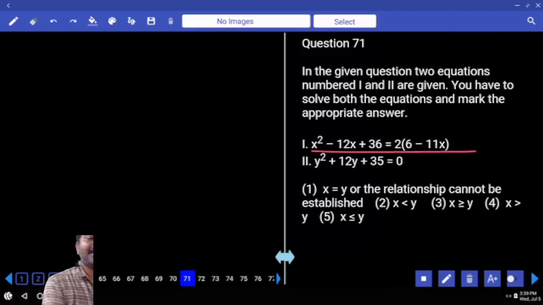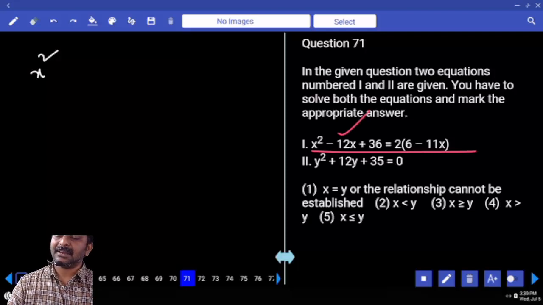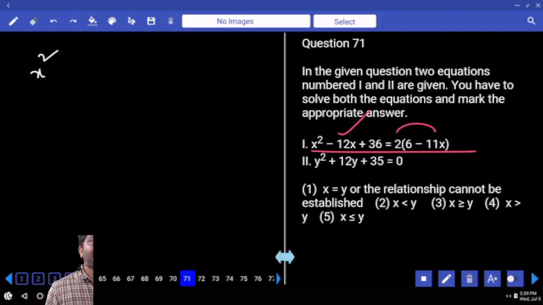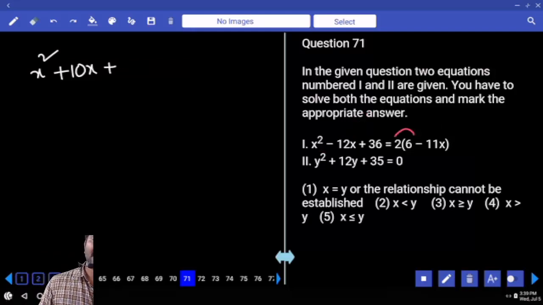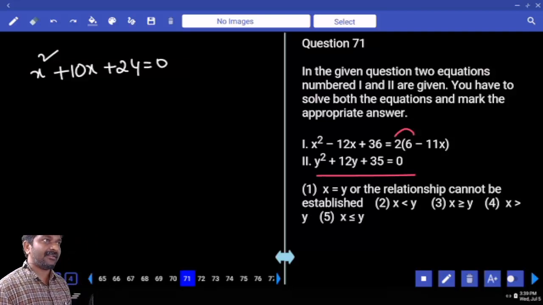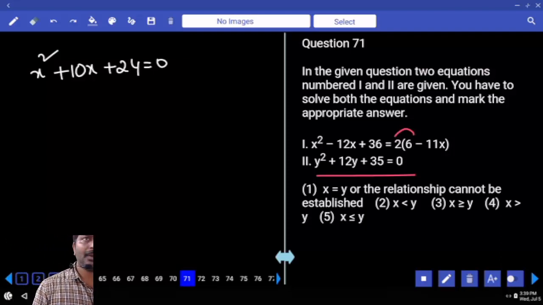Left hand side and right hand side, there is only one x square, correct? Minus 12x. Right hand side, minus 22. When it comes to the left hand side, plus 36, correct? And right hand side, 12. 12 comes to the left hand side, 36 minus 12, 20 is equal to 0. And the y square equation is already directly given, right? Is it a free question? No, we have to calculate. Right? Combination